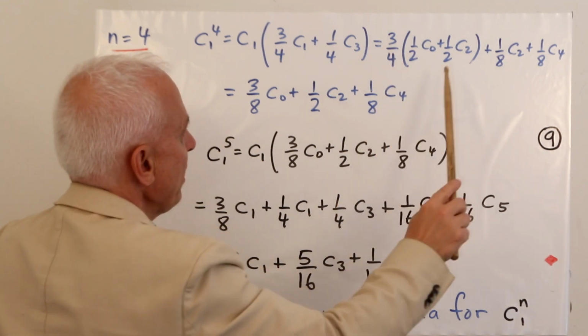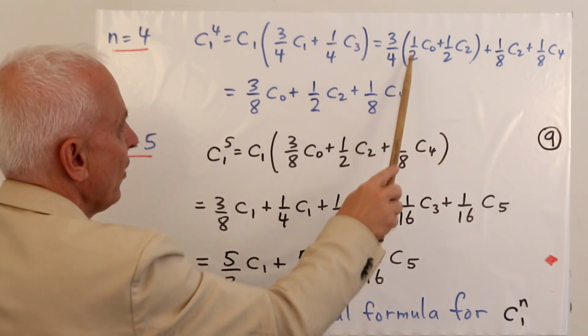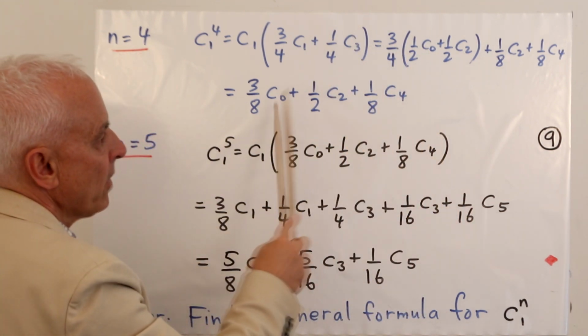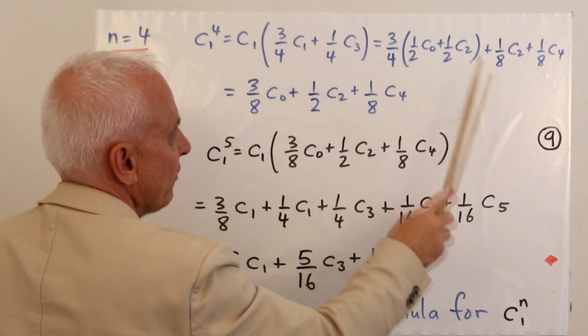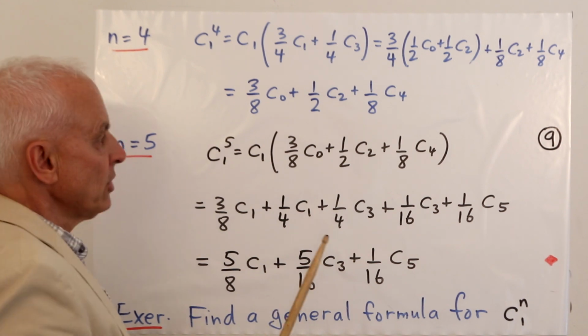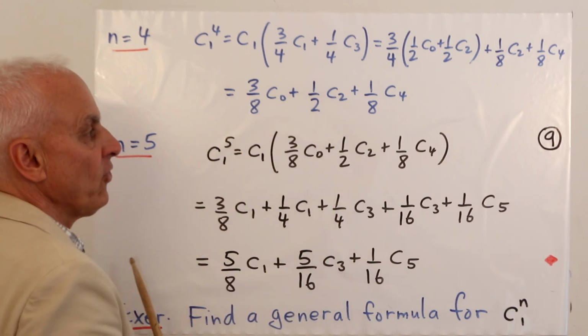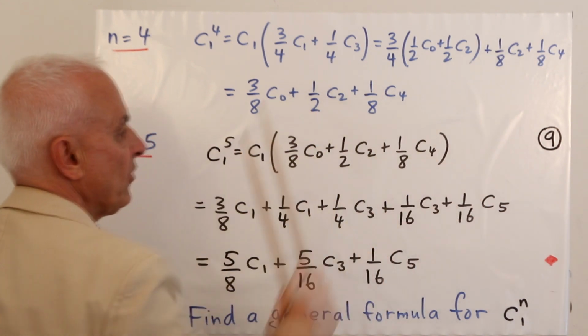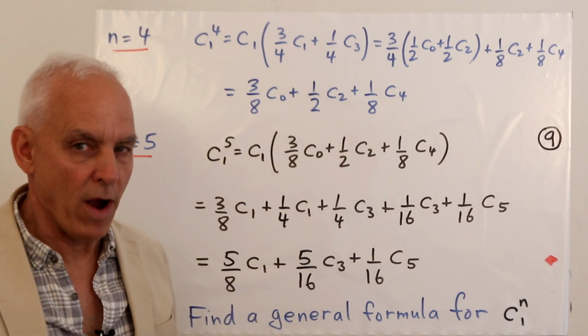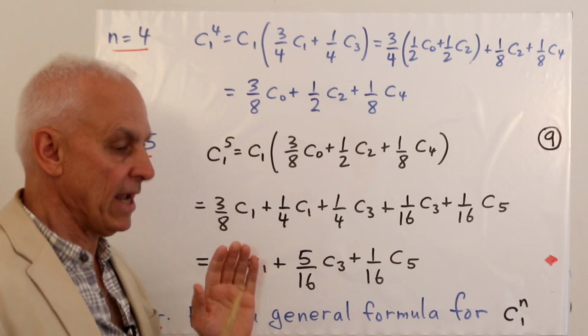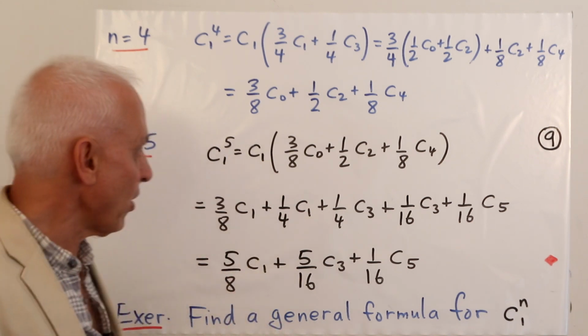And now we can combine things here because altogether there's 3/8 of a C0. And in terms of C2s, there's 2 contributions. This one is 3/8 from here, and here's 1/8 from there. So a total contribution of 1/2 C2 and a single 1/8 C4. And just to check, the sum of these things is indeed 1. So yes, it still maintains the probabilistic aspect, which is at the heart of things.